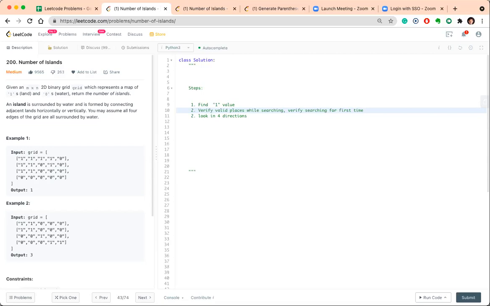Other ways are to maintain a visited matrix, where you mark true or false if it is visited or not. But the only downside is you will end up using extra memory. Since we don't care about the end result, you can modify it and again put it back. Basically, that's what I was saying. You can do it in place.